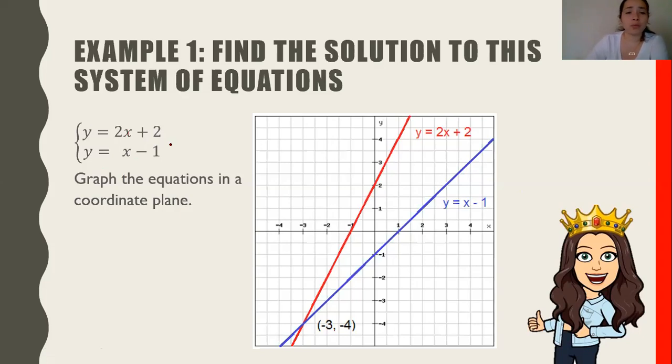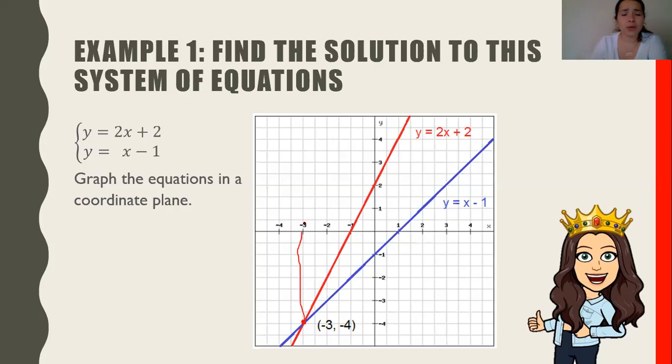So y equals 2x plus 2, and it looks something like the red line. Then you graph y equals x minus 1, and that looks like the blue line. And then you find where those two points meet. Okay? And if we look at where they meet, first we find our x value, and notice